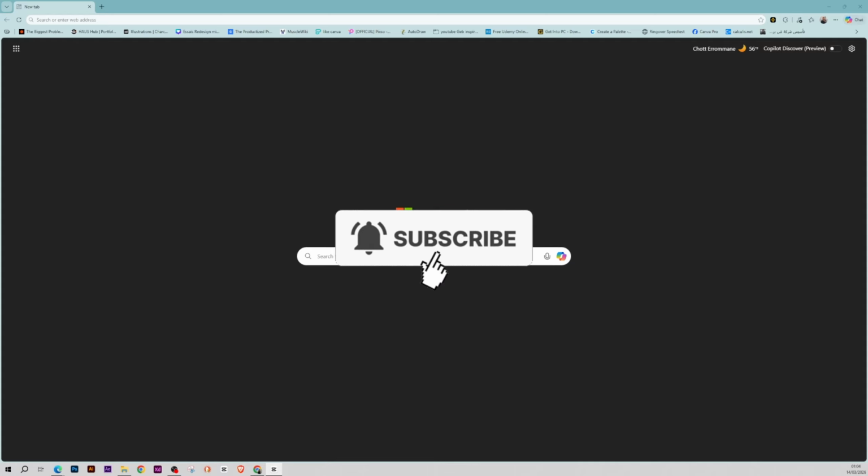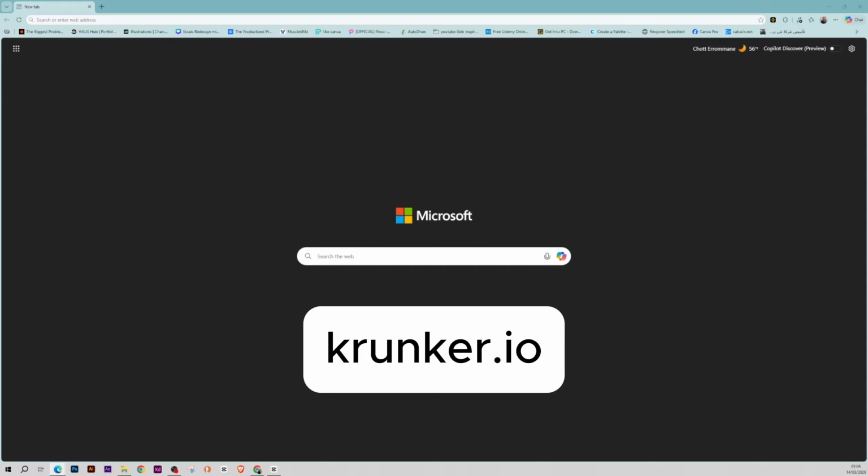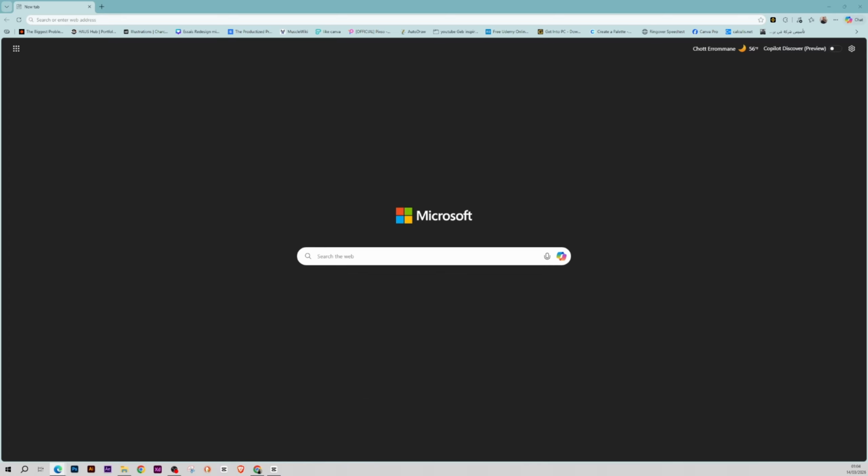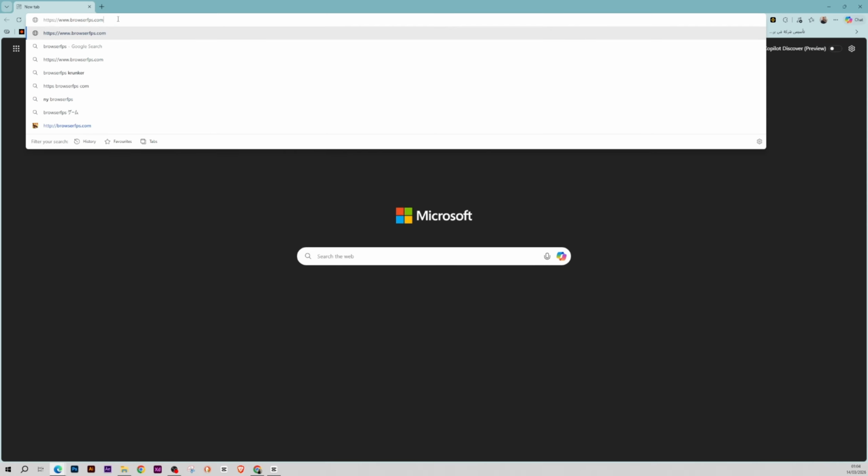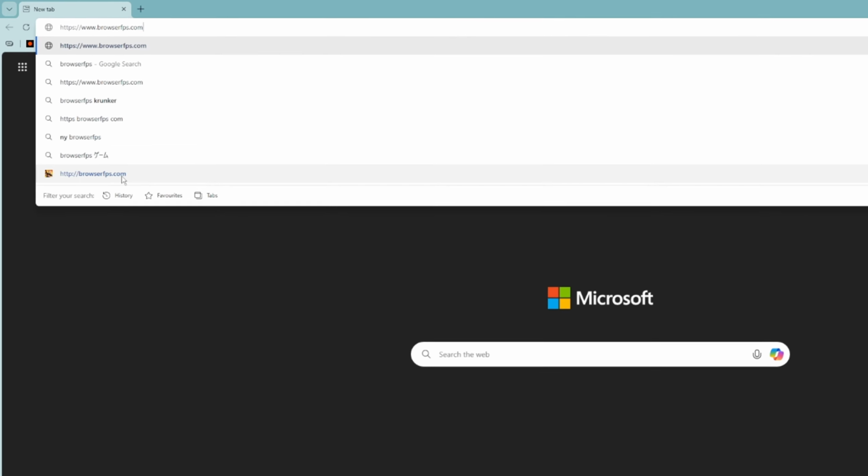How to play krunker.io unblocked at school. Now, krunker.io is a browser FPS game, and the normal way to access this game is very simple. Just go to your search bar, type in krunker.io, and hit enter. I'm using Edge browser, but it's the same for Chrome, Firefox, Safari, any other browser. Now that's super easy. You type in krunker.io, you left click to hop in game, and you are ready to